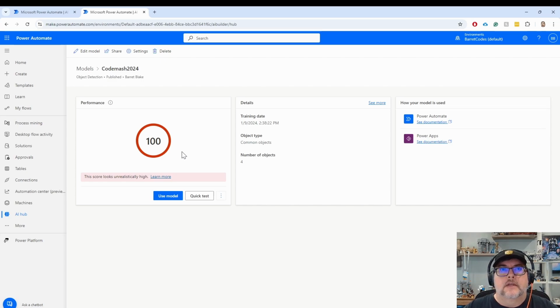And again, I could use this model in a flow or in a Power Automate or a Power App of some kind, where I'd pass in pictures of these objects, the minifigs, and I would say, okay, what do you see in these? And it gives me that JSON data back. Say, okay, I see this object here in this particular box at this location, and you could use that for whatever